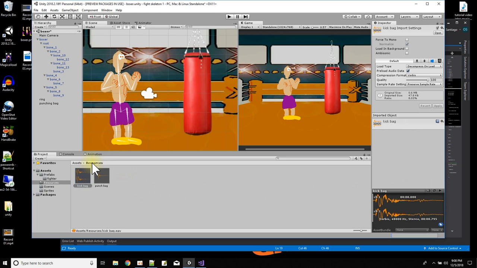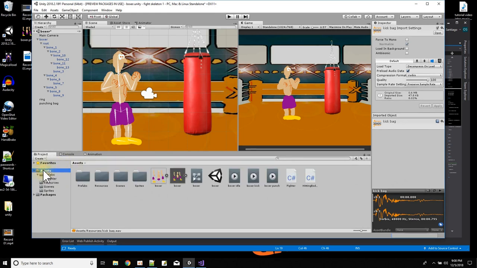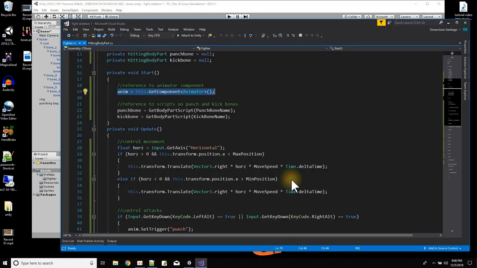Now, if they are in the resources folder, I could load them in the script. I could load them from a script. But they have to be in a folder called resources. So let me continue looking at the fighter script, and then I'm going to show you what these body part